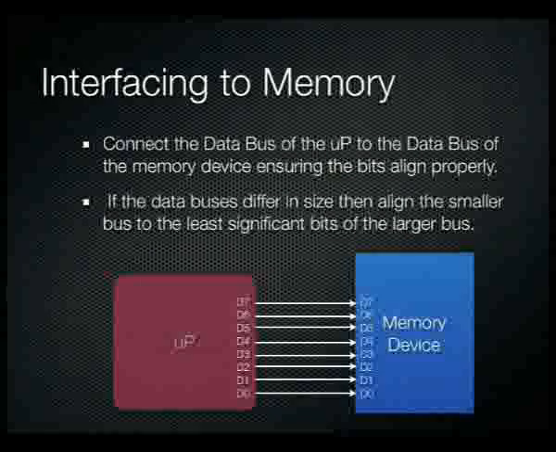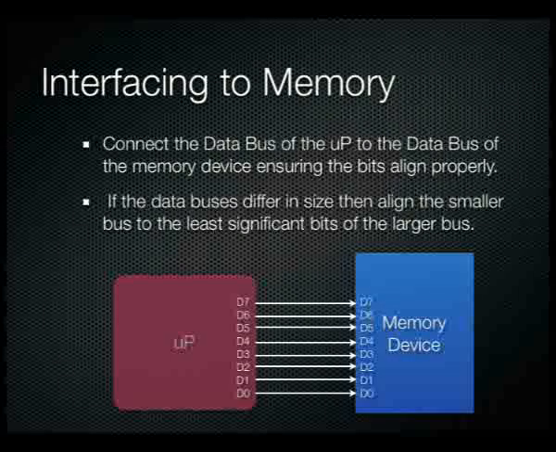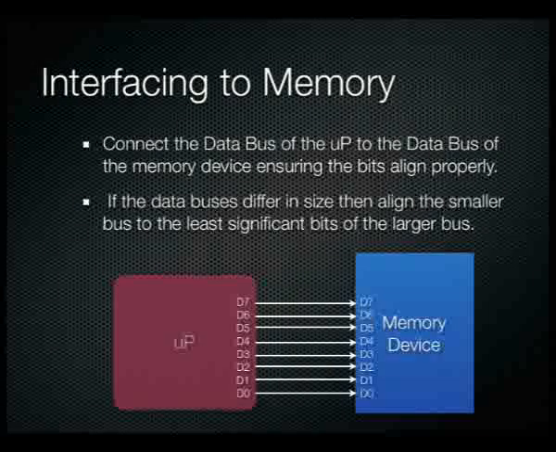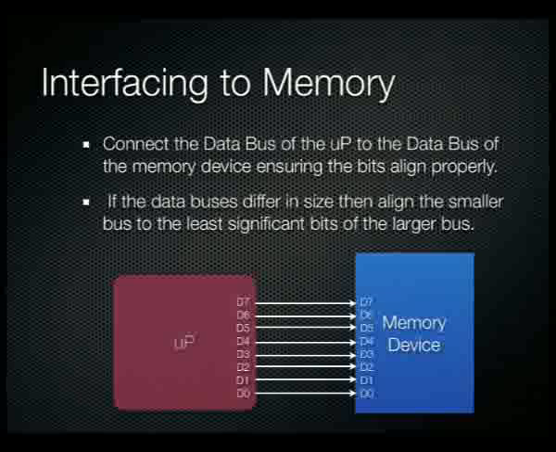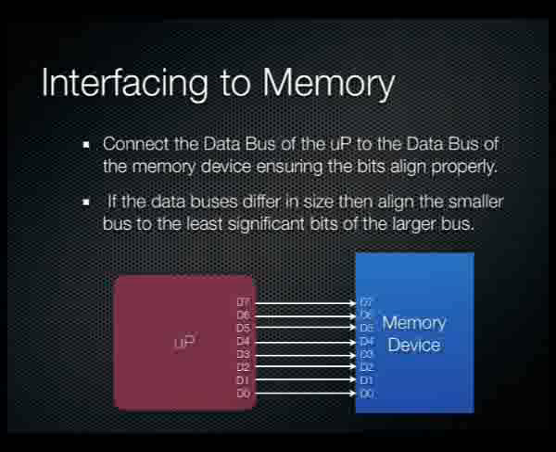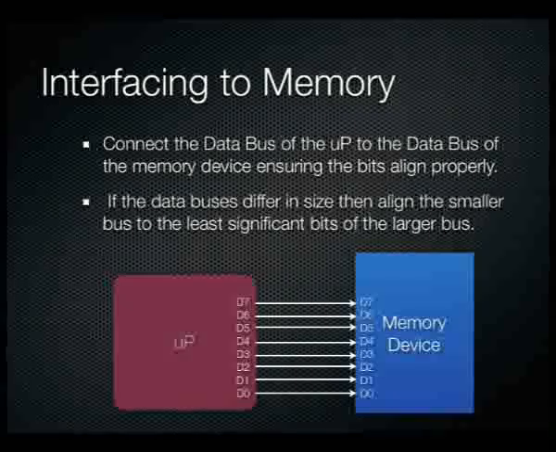When it comes to connecting the data bus to the device, you basically connect the data bus of the microprocessor to the data bus of the memory device, ensuring that all the bits align properly. If the data bus is a different size, then you align the smaller bus to the least significant bits of the larger bus. Generally, if you've done your homework right, you'll be picking memory devices in which the buses are the same size. But if you pick a memory device in which the bus is actually smaller than what the microprocessor provides, which is done in a lot of situations,